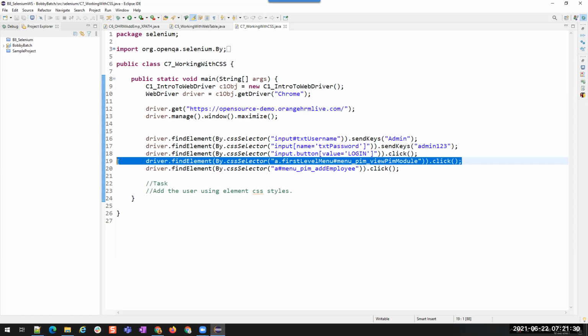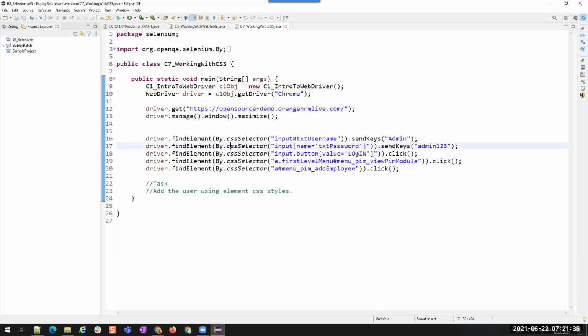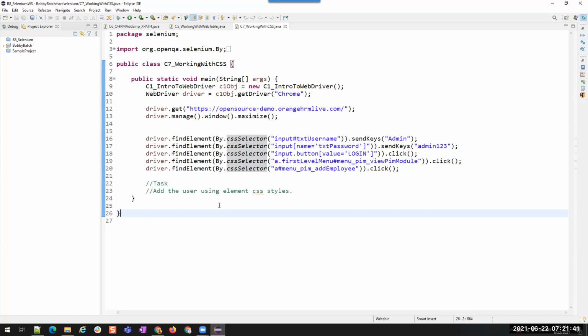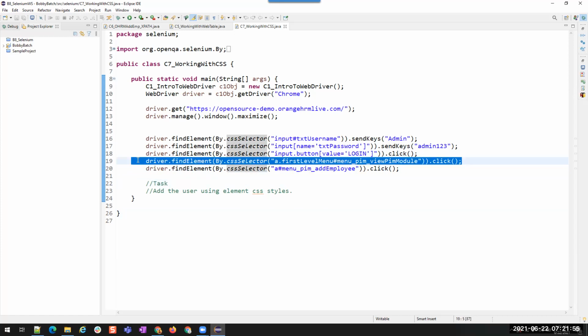If the page is loading for more than 30 seconds, this script, whatever we wrote, will wait only for 30 seconds for that element by default. So what happens after that 30 seconds? If the element is found within the 30 seconds, it will perform the operation successfully. But if it doesn't, then it throws an exception saying element not found.